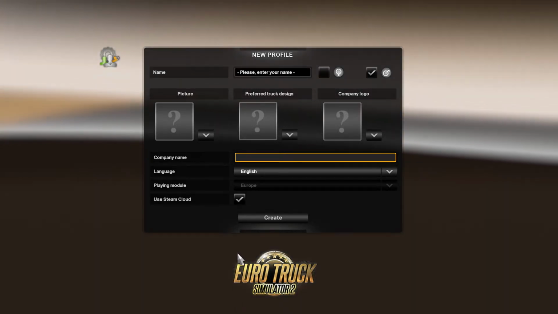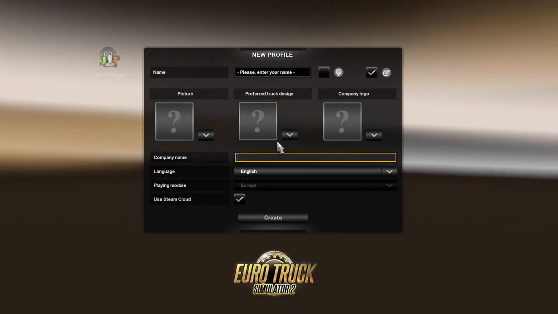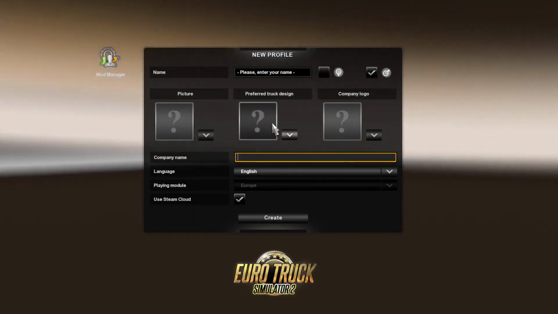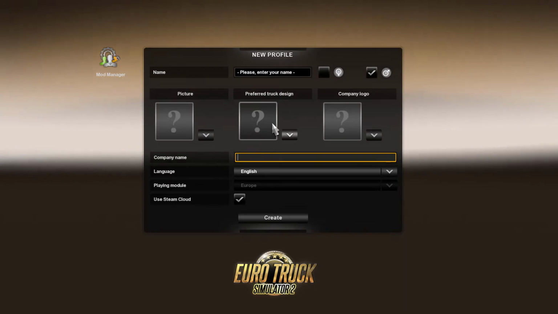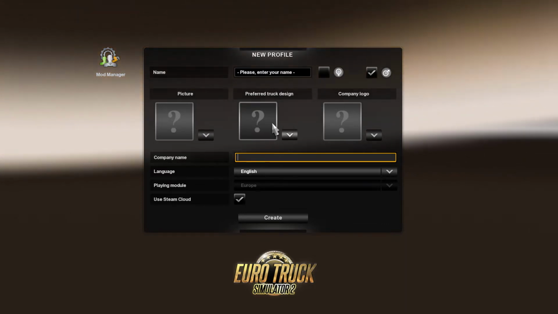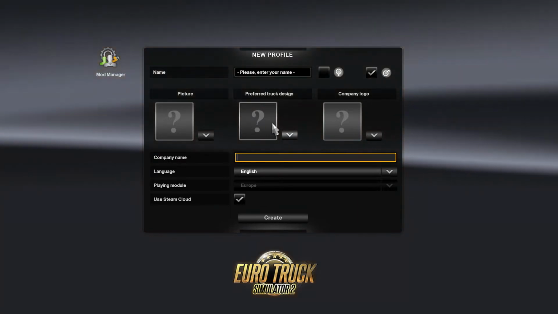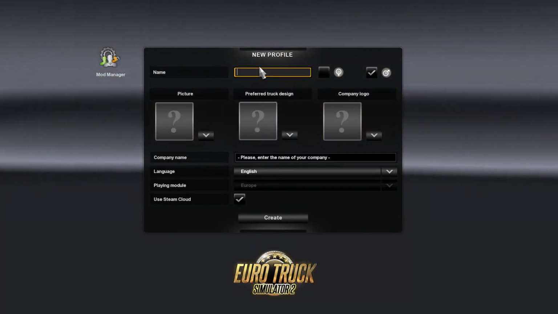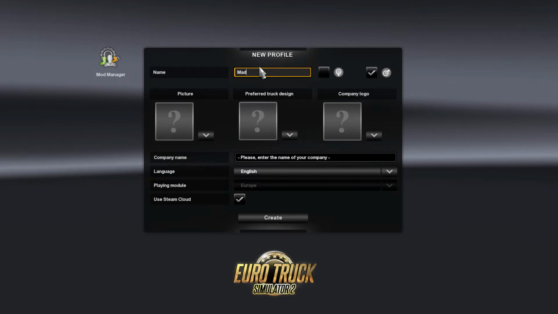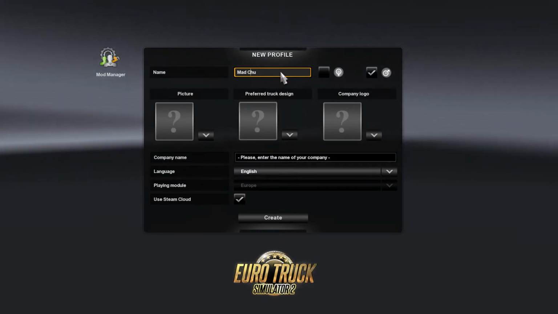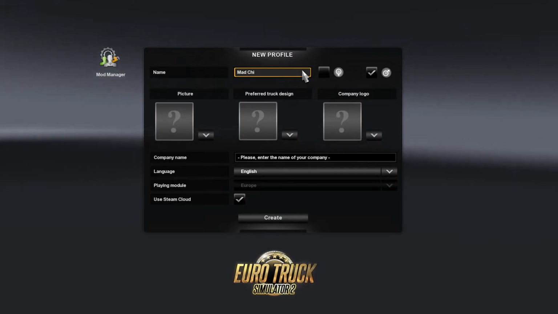Today we're playing Euro Truck Simulator. So today we're going to be getting on with this. Company name, Mad. Oh come on, there you go, Mad Chili.